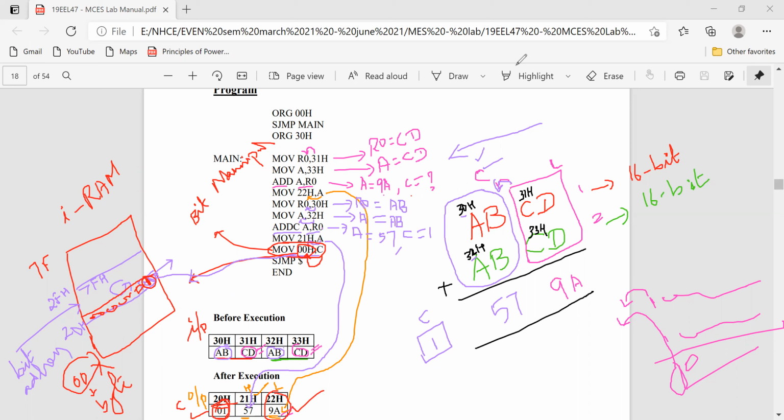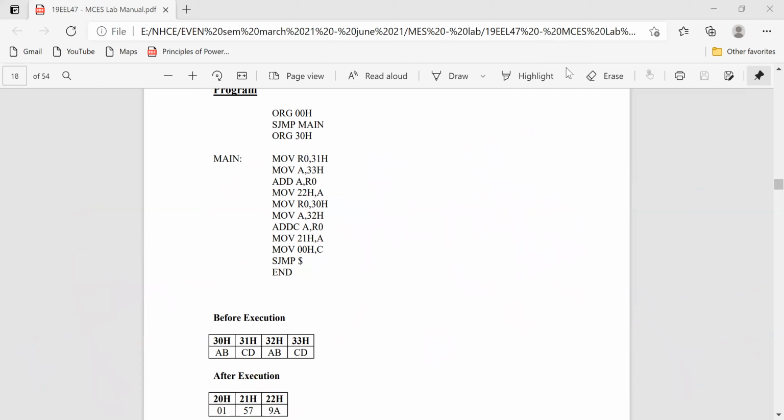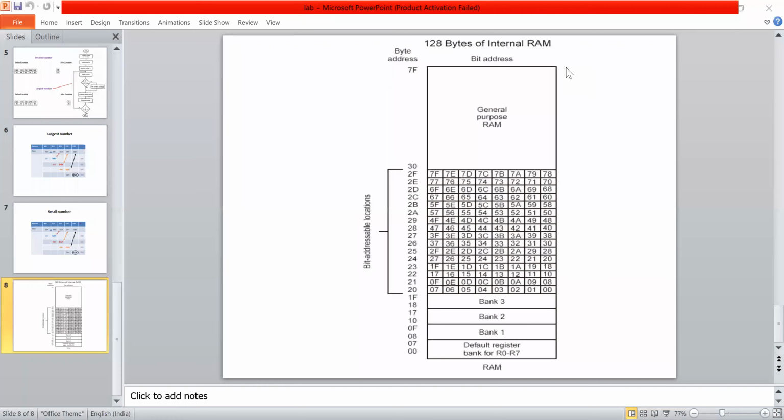Okay. So let me clear this. The same, if you want, I will show this PPT also. So here, see, from 20H to 2FH we have the bit address.